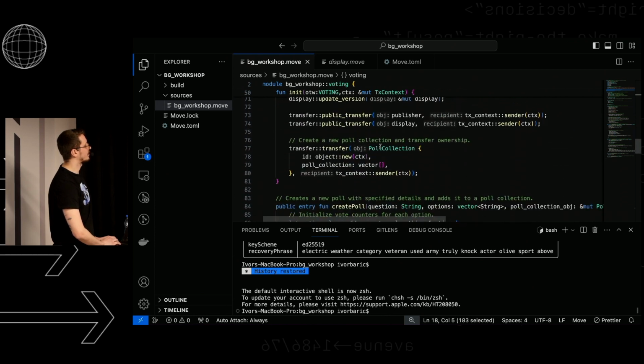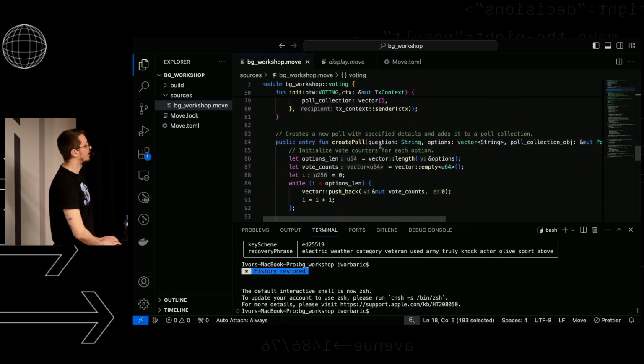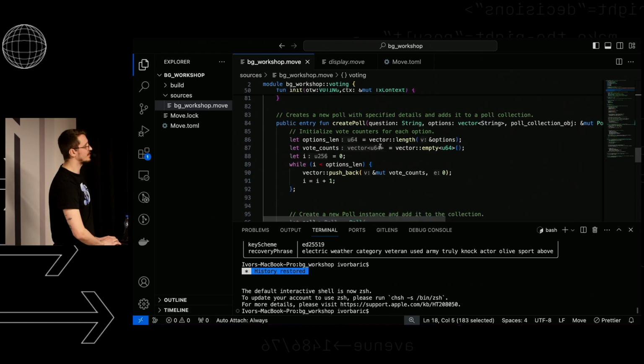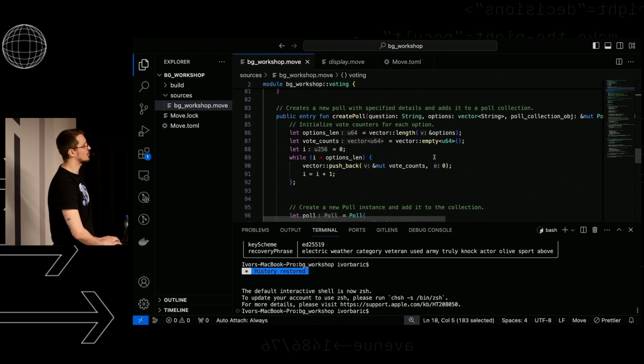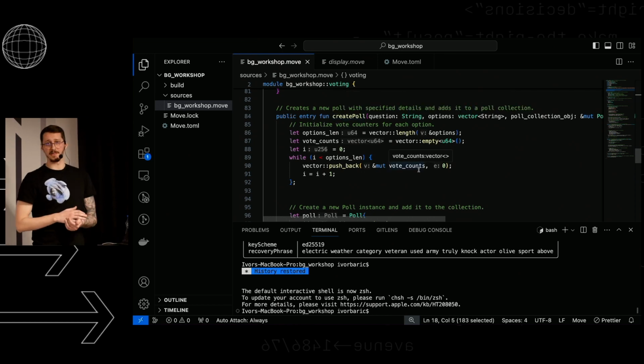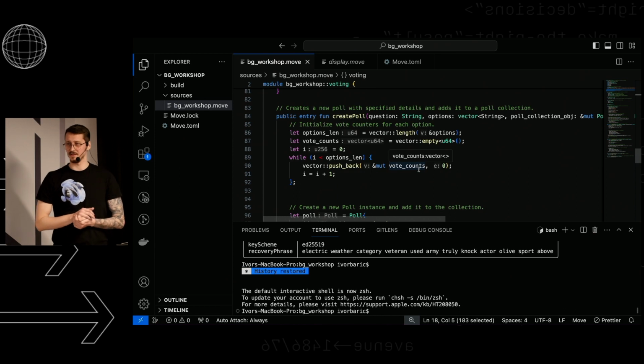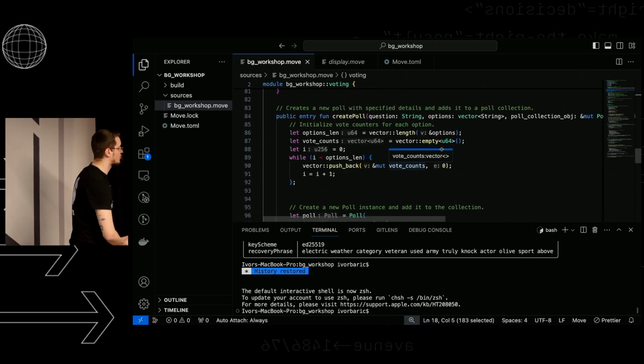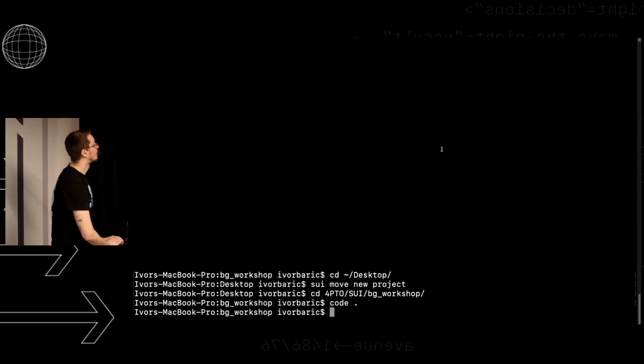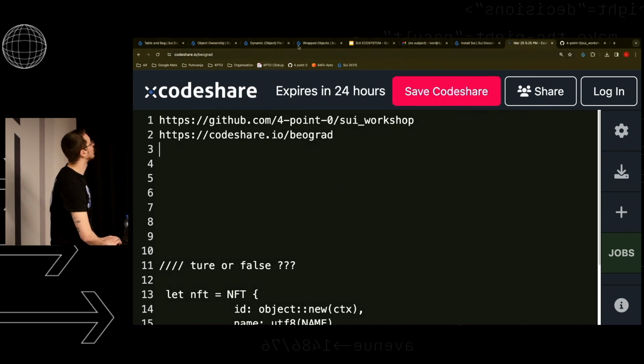to the first method. So for the sake of the workshop, I put this to be a public entry fun. Now, you usually don't want both public and entry. There's differences, and you can see them here. I can just show you here if you want. But what this will enable us,